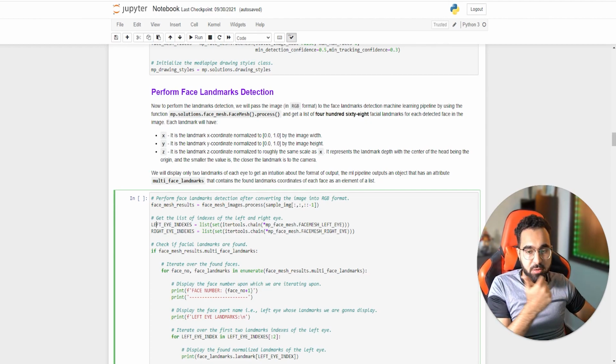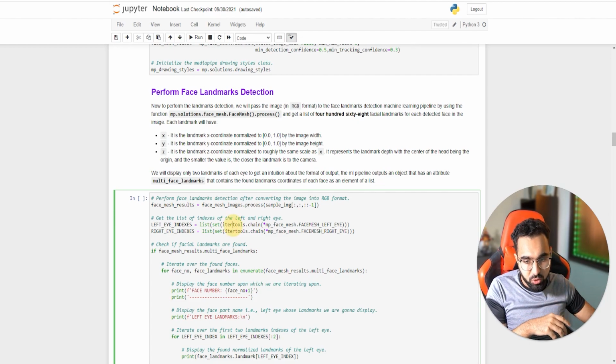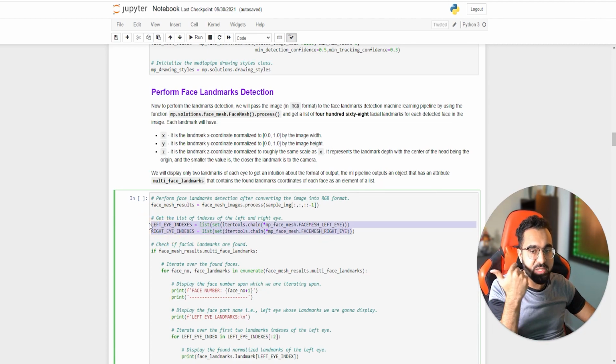So these are 468 individual points, and to find out what points are on the eyebrow or what points are on the eye, you can get those exact indexes by just doing this: dot face mesh left eye. So if I replace this left eye with the right eye, I'll get the indexes for the right eye. So these are the index points where these facial parts would be present. This is useful for a lot of scenarios. If I just want to draw out the eyes, or I just want to draw out the lips, that's when these will be useful. Or if I just want to extract these, that's also when these indexes will be useful.